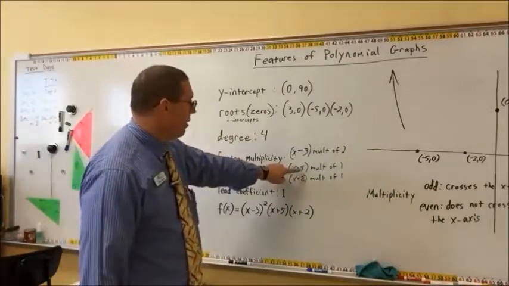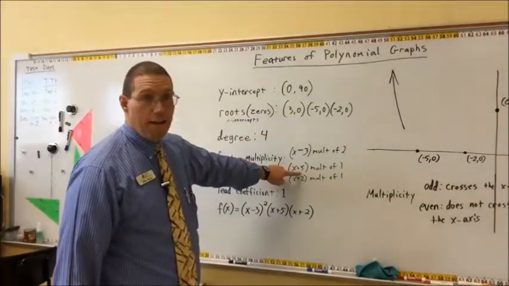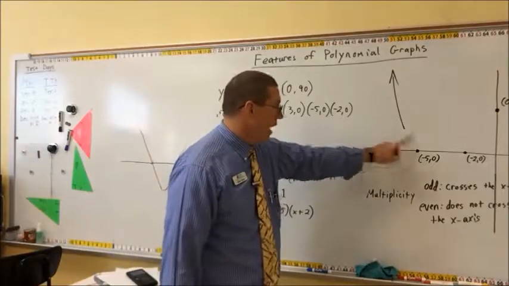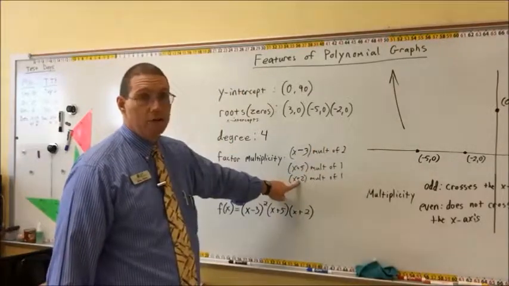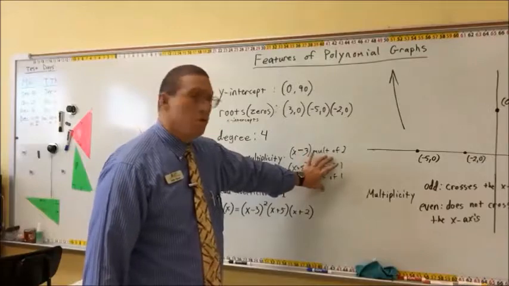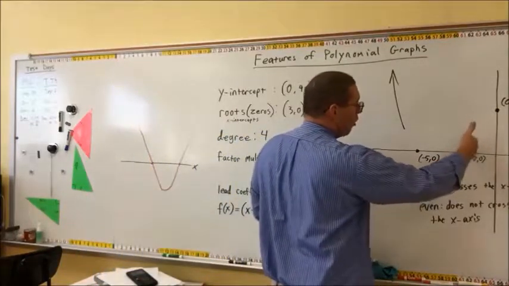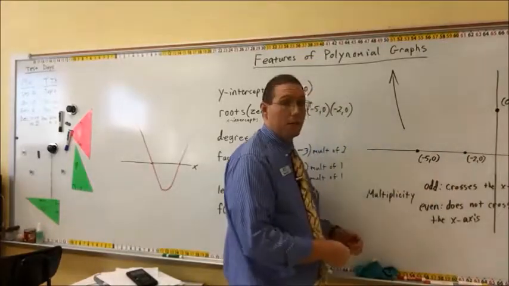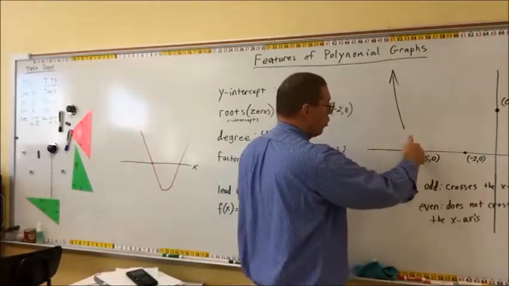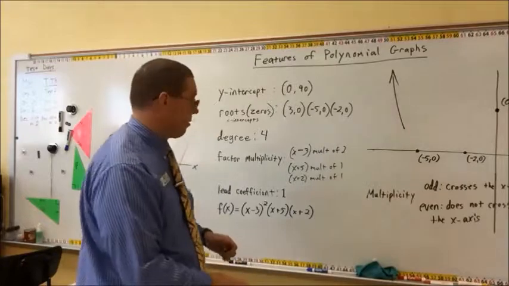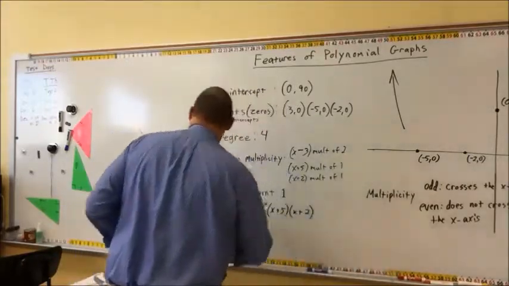So at -5, because the factor is x plus 5, and at -2, because the factor is x plus 2, both of those factors have a multiplicity of 1. So at -2, the curve is going to cross over the x-axis. And at -5, it's going to cross over the x-axis. All right? On the other hand,